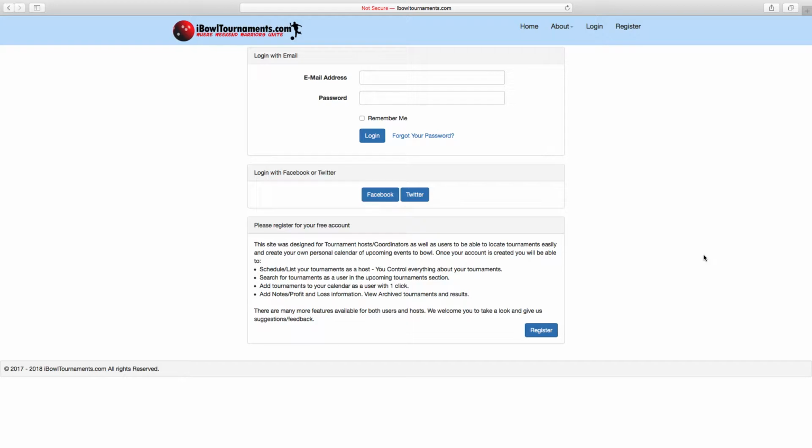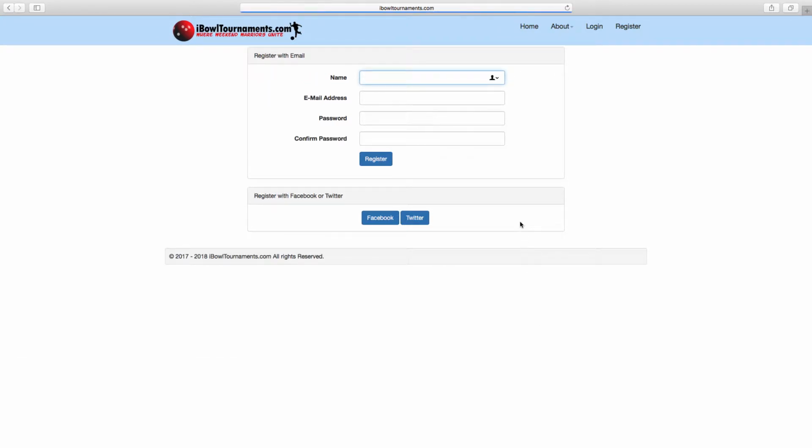So first we start off with registration. It's very simple. There's very little to it. We just click the register button here, or you can log in with Facebook or Twitter as you saw on the account. And I'm just going to put Brian. I've already got an account with my name in there, so I'm going to put Brian Michael. And then we'll just use